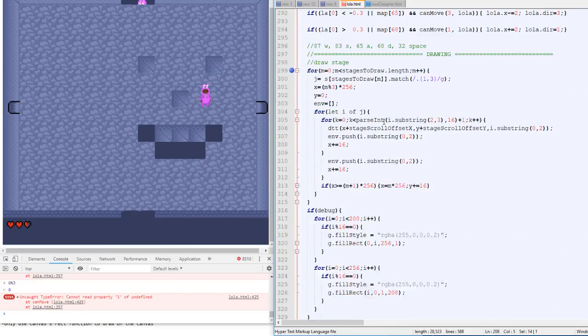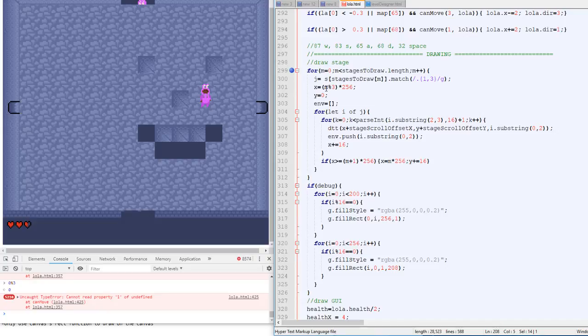Anyway, so yeah, if we do x modulus m mod 3 times 256 for the x, that'll cause it to wrap around and start drawing from the left again once it's done drawing. And then we need to do something where m increases by 1 every 3,